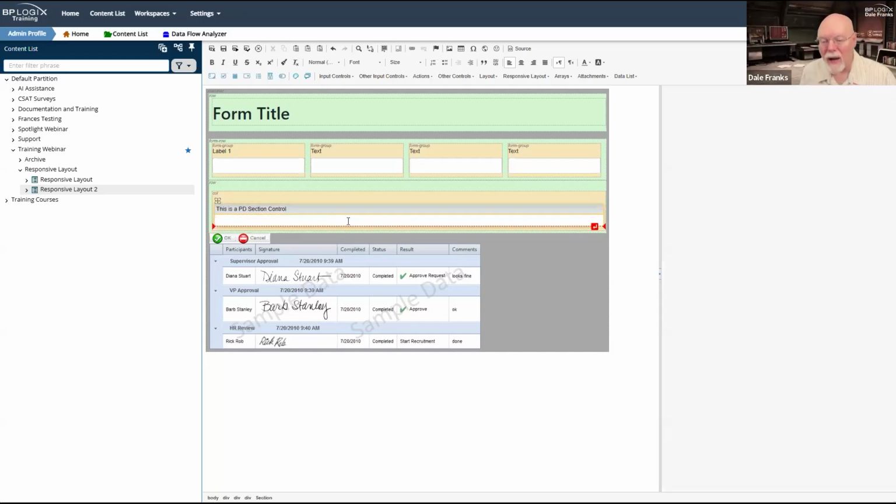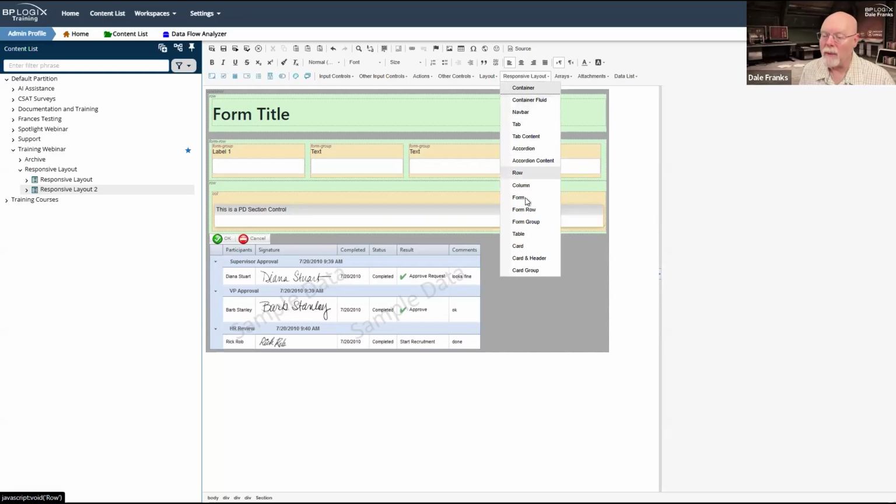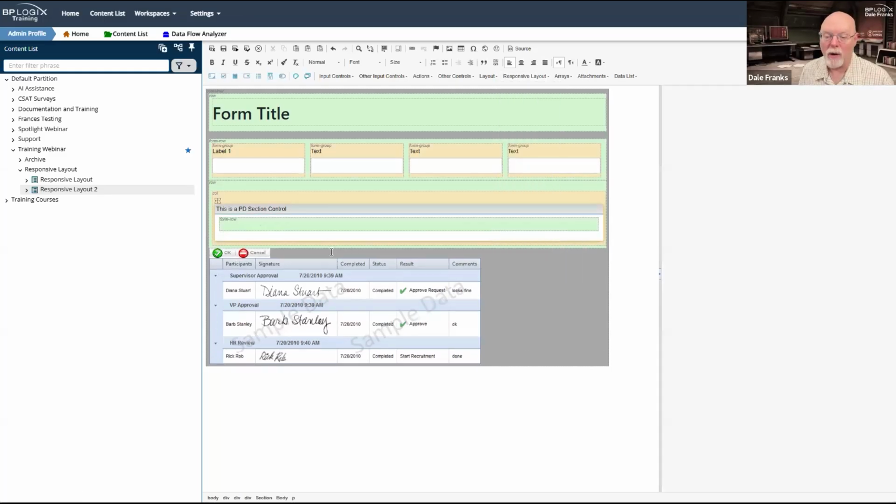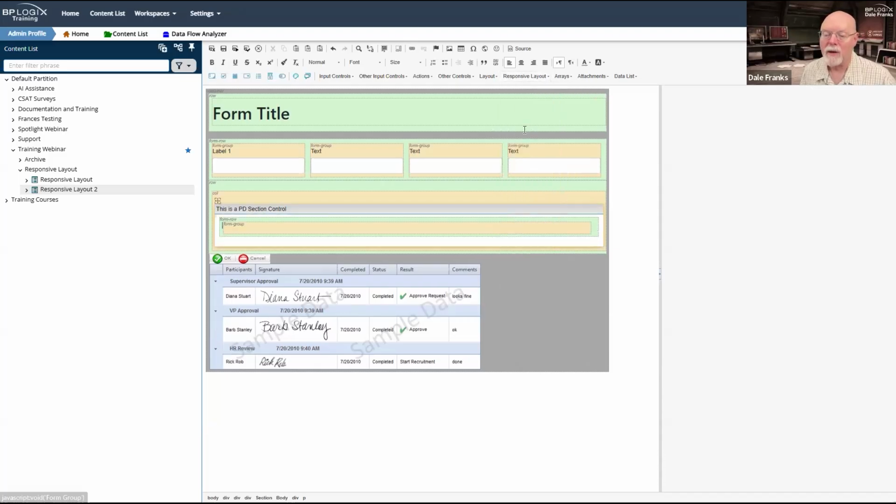Now, inside my section control, if I'm going to want to throw in some controls here, what I would do at this point is drop in a form row. And then inside my form row, I can drop in a couple of form groups.